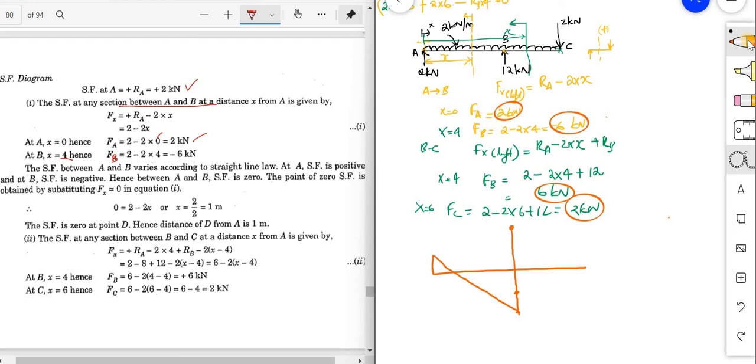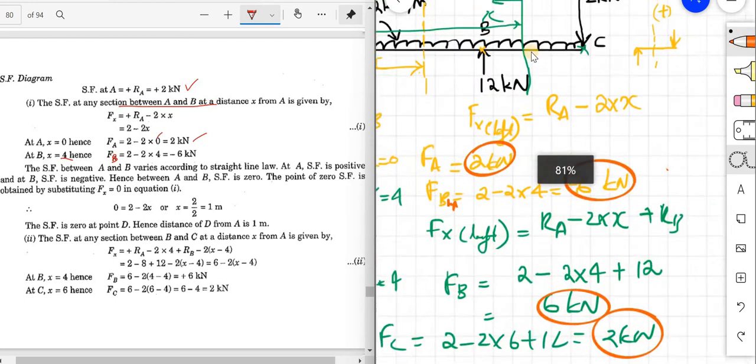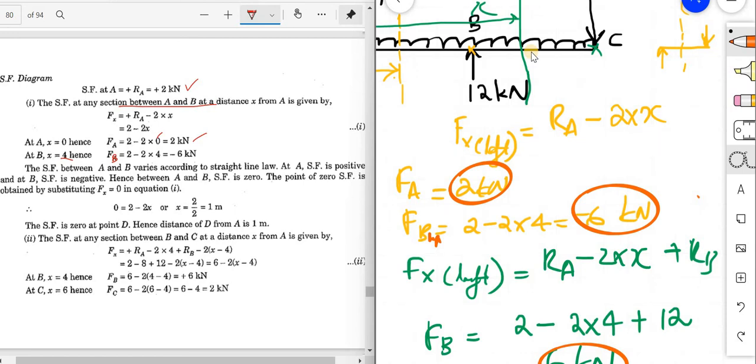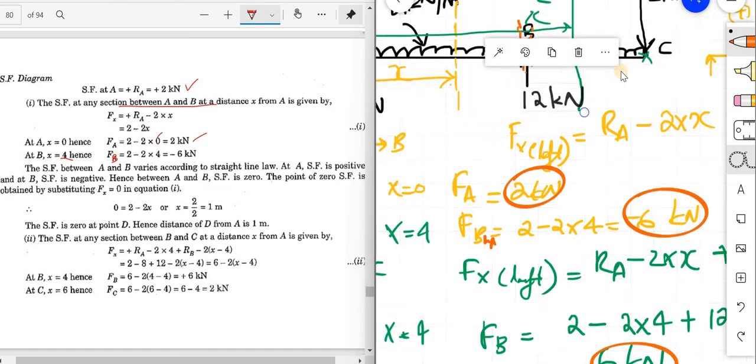So here it is considering the just left of FB, and this is considering the just right of the section. That is, this FB minus 6 means the section is here. The meaning is that it is very near to B and I am considering a section like this. That is the value given here. Now this plus 6 means it is considering this RB also, that is to the just right only. That is very near only. That is an ideal point only we are taking.